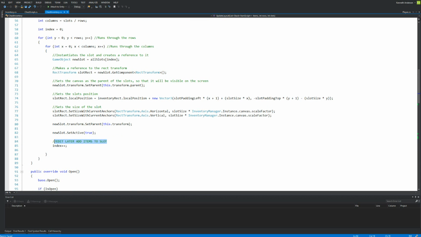Up here, I just remembered that I made this comment, "edit later, add items to slot," because we're not adding the items to the slot yet. So we need to make an if statement that says if items.count isn't 0. So if we have some items to put and our items.count is larger or equal to the index. So if we are inside the bounds of what this chest can contain, and our items[index].count is larger than 0, and there is some items on this specific slot, then we can say newSlot.GetComponent<Slot>()